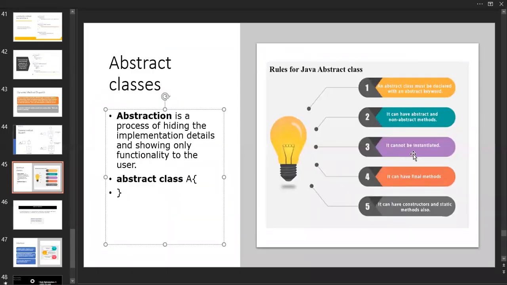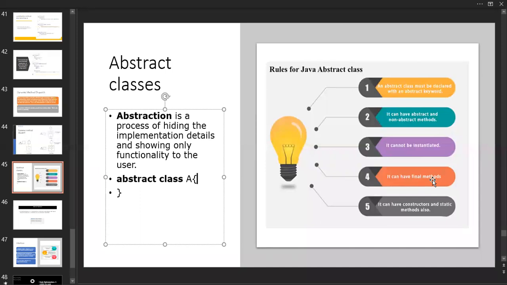So here, it cannot be instantiated. What I said, it cannot be instantiated. That's why I didn't instantiate it over there. What is instantiation? We are going to assign that to an object. By the example, you will understand that. Every time I move on to the slide, I mean the PPT, and the program itself. Directly we will go for the program, then you will understand all the things. It can have final methods also. What is the use of a final method inside a program? If it is a final class, we can't inherit it. If it is a final method, it can't be overridden.